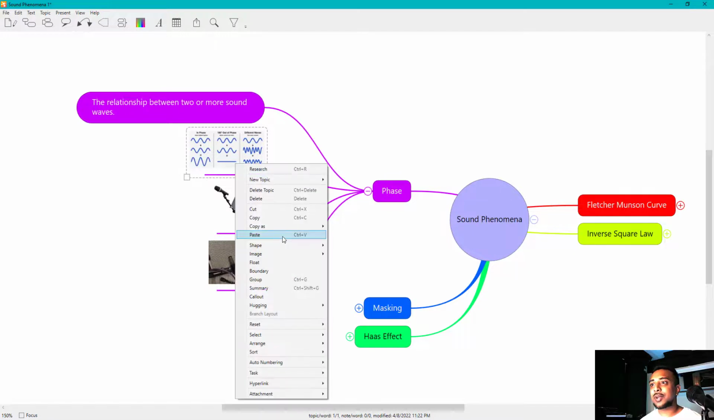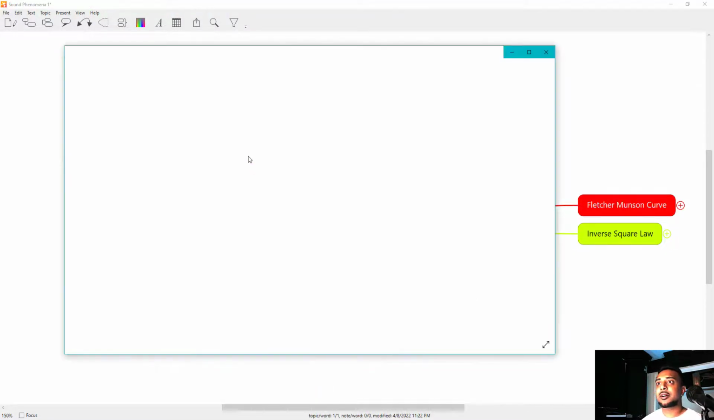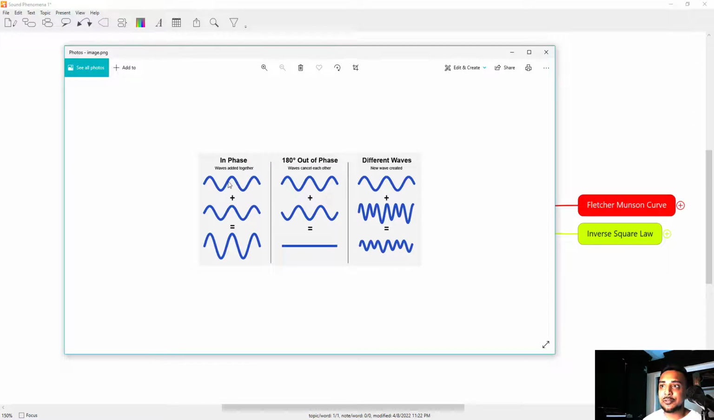So if you look at this graph, right, this is showing you 2 sound waves that are in phase. That means these waves are exactly the same and they're time aligned. But when you have 2 sound sources and one is there and the other one is a little bit delayed, when those 2 sound sources combine,